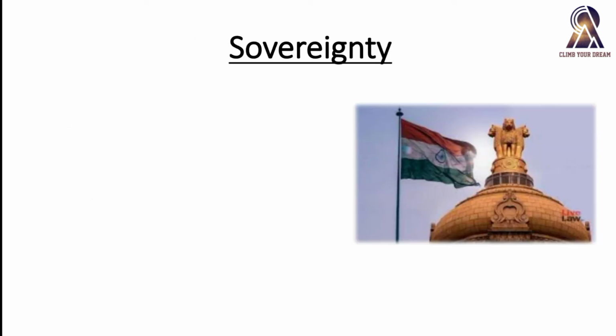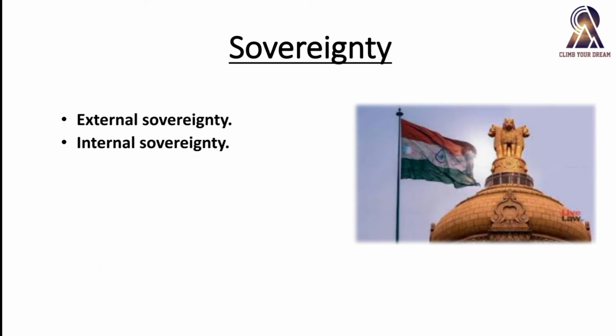And the next fundamental value is sovereignty, which basically means the independence of the nation. And there are two kinds of sovereignty. One is external sovereignty and another is internal sovereignty. External sovereignty means the nation need not consult any outside authority for acquiring or holding or ceding territory. And internal sovereignty means the nation need not consult anyone for the purpose of making laws or any regulations in its conduct of people. This shows that the country is politically totally free.